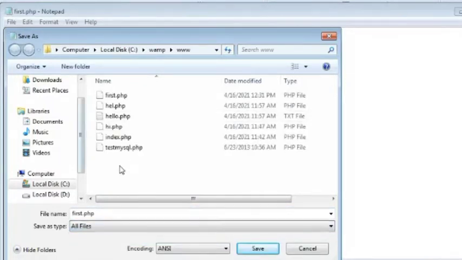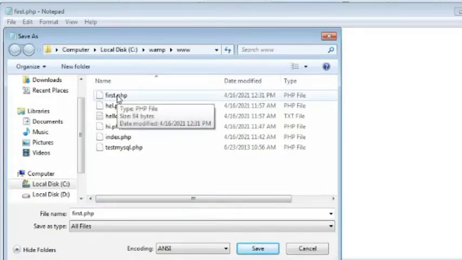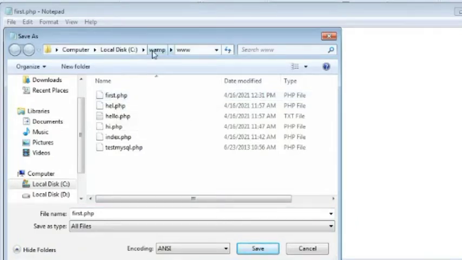So you save your PHP code under the WAMP folder, choose the www folder, and save the program with the extension .php.